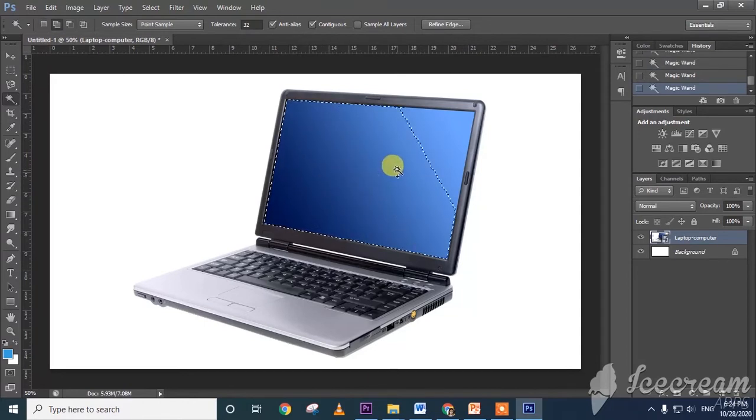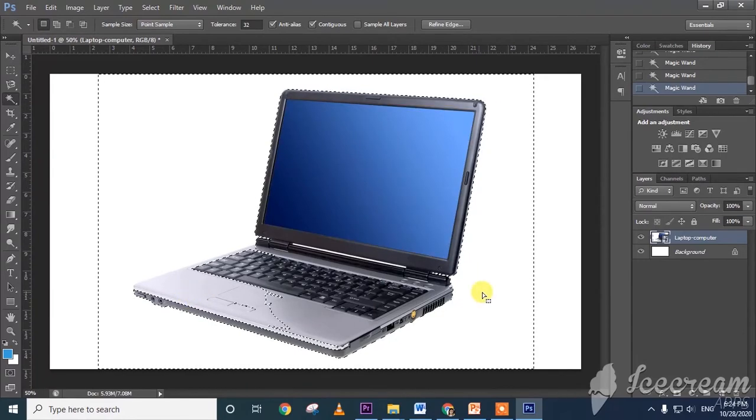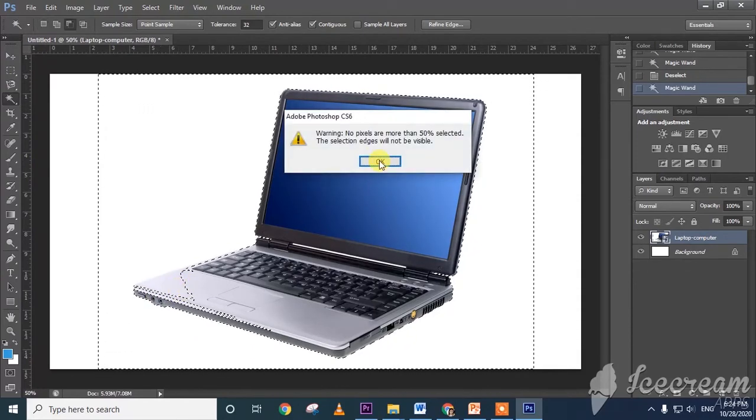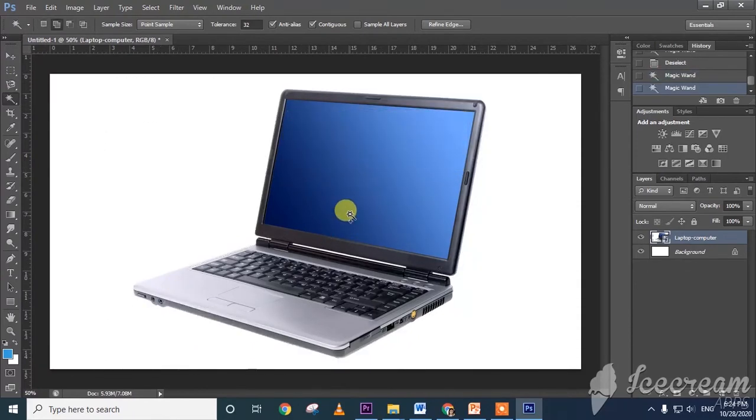See, only this part. It will select automatically only the part of an image, the particular color of the image. That is called the magic wand tool.